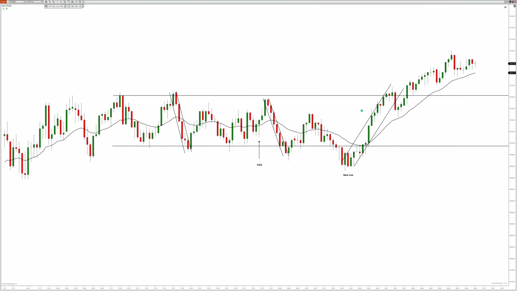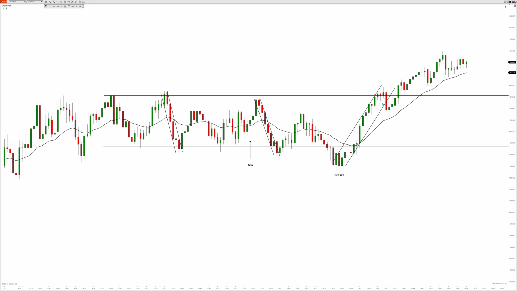So we're going to draw a channel. After the failed breakout, you can see we pulled back into the range, and then we broke out of the top, had a breakout, pullback, and then continued working higher. Now you can see we had this channel working up. After we broke that channel, we created a new high,